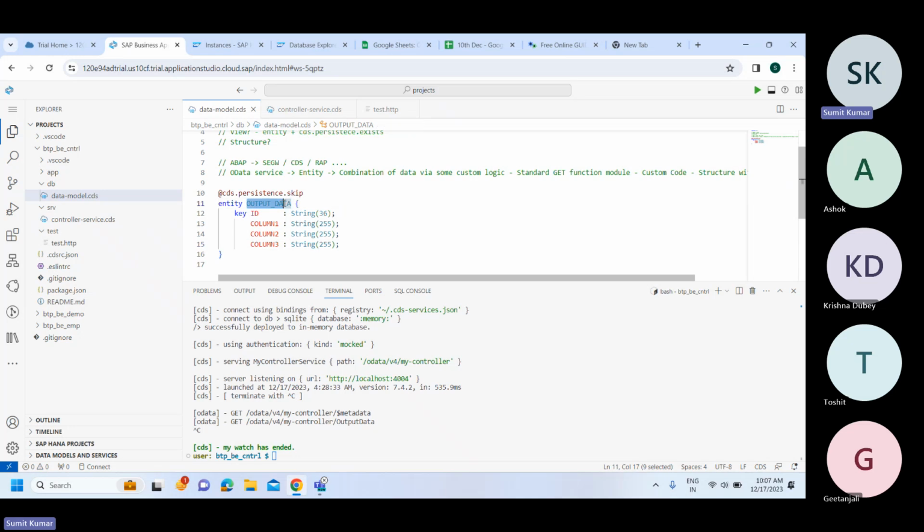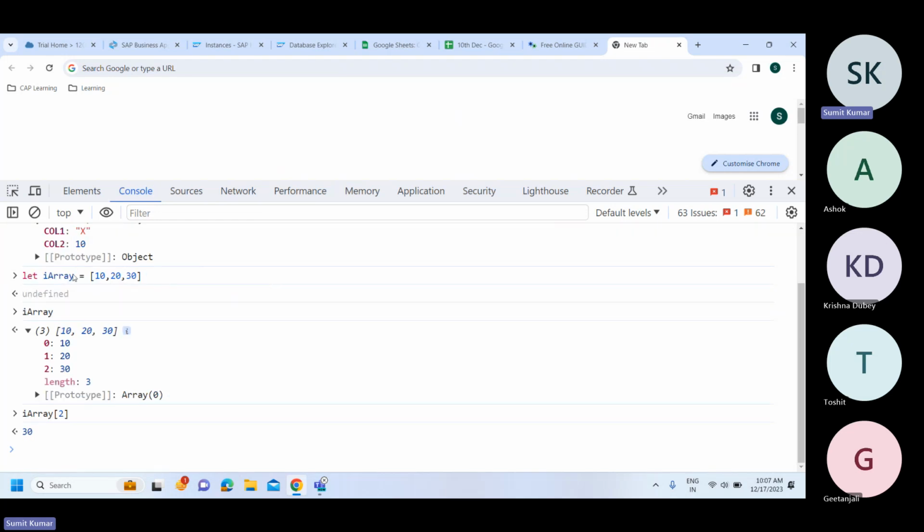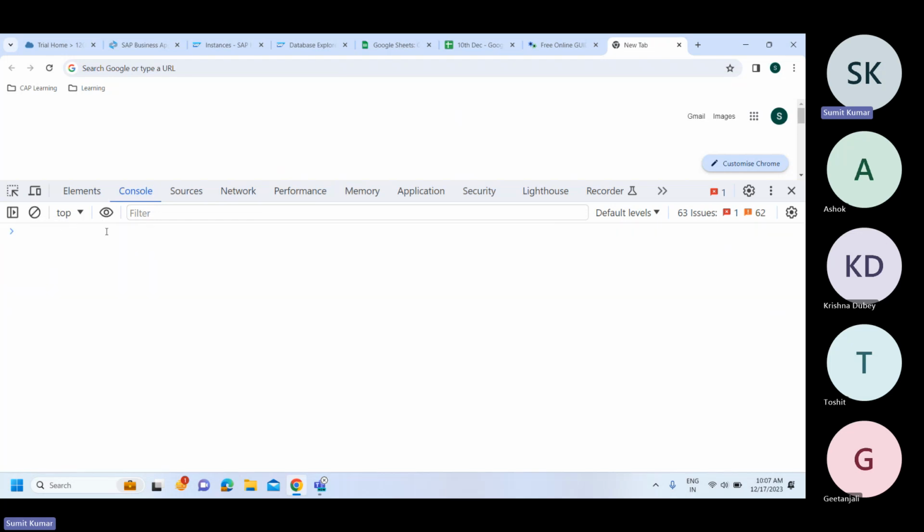And in my output data, I can have 10 records, correct? It means it's going to be an array of an object, right? So that kind of operation, that kind of data we might see going forward. So I'll just simply say, if I am defining an array of an object, it can contain,